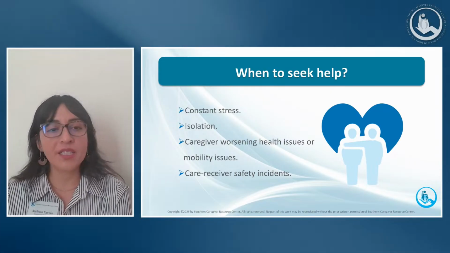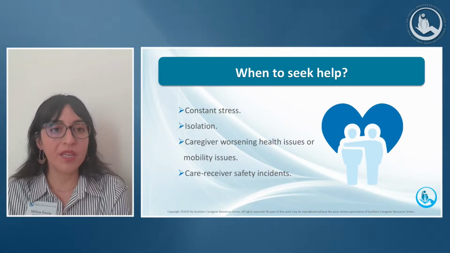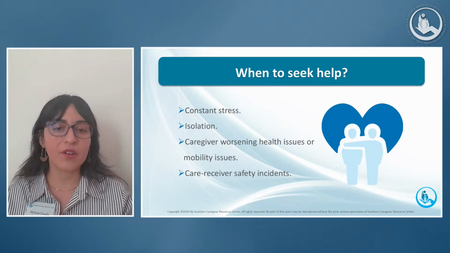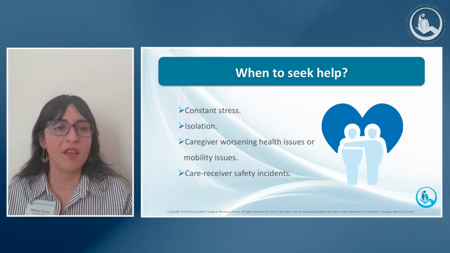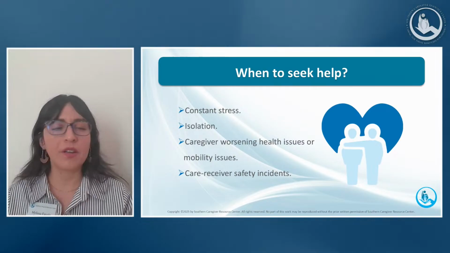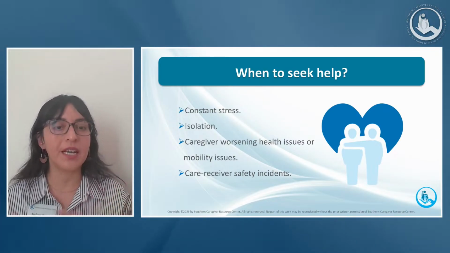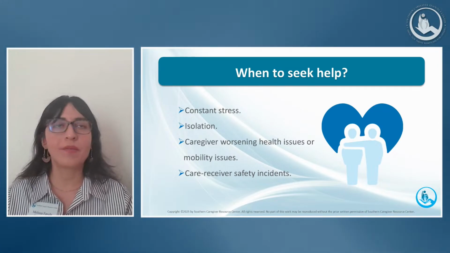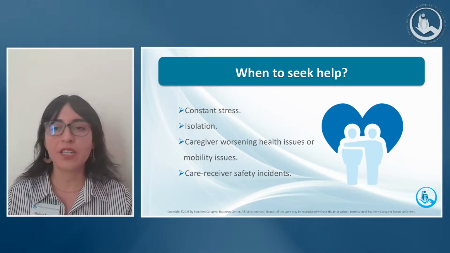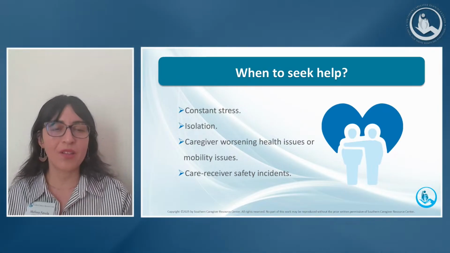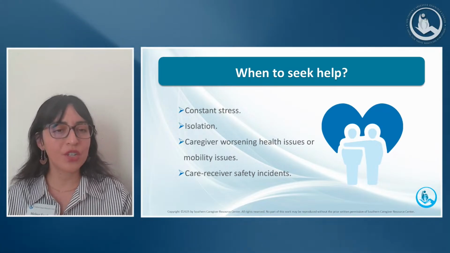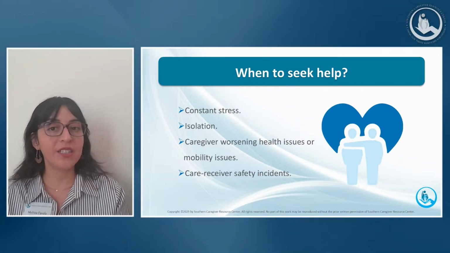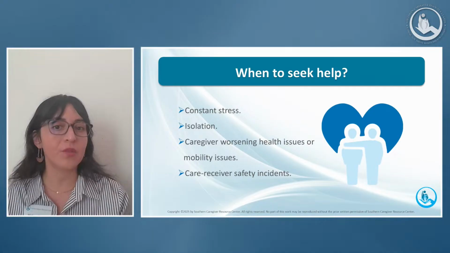Isolation is a big one. Isolation can come about gradually because caregiving encroaches so much of our lives. Some caregivers really isolate themselves because they don't have time. Their caregiving takes up all of their free time, if they have any. They start figuring out, well, my friends or other family members don't really understand my caregiving situation, so I'd rather just not socialize, or I don't even have time, so I'm not going to spend time on that. Isolation is a big one because we do need that human connection. We're humans. We need it.